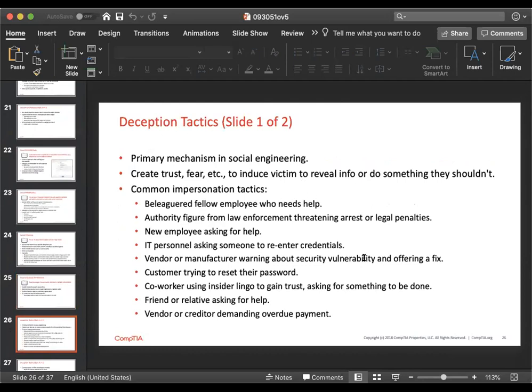Deception tactics, the primary mechanism in social engineering, create trust, fear, etc., to induce the victim to reveal info or do something they shouldn't. Common impersonation tactics: a belligerent fellow employee who needs help, an authority figure from law enforcement threatening arrest or legal penalties, new employees asking for help, IT personnel asking for someone to re-enter credentials, a vendor or manufacturer warning about security vulnerabilities and offering a fix, a customer trying to reset a password,